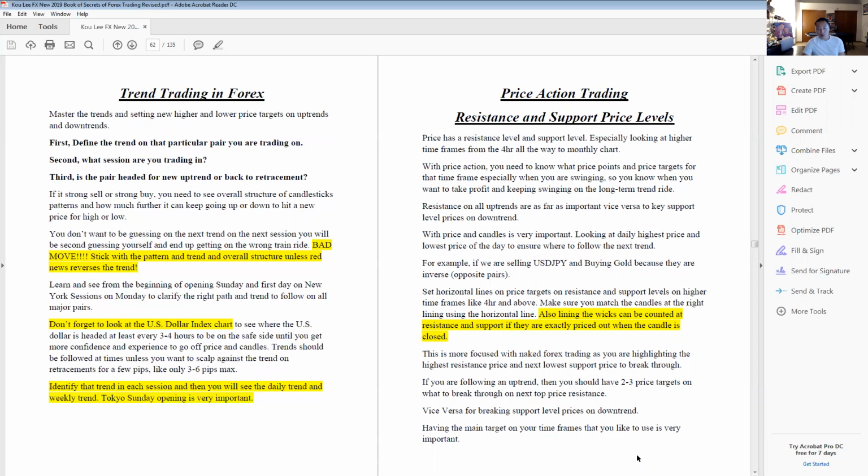So if for some reason London doesn't switch up, its trend is going to follow the Tokyo session's trend. Let's just say the dollar was falling all night and the dollar doesn't do a retracement for that session, like going back up, then the dollar is going to drop even further for that session,